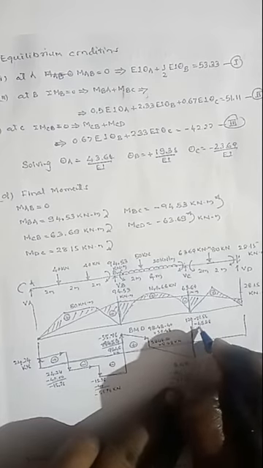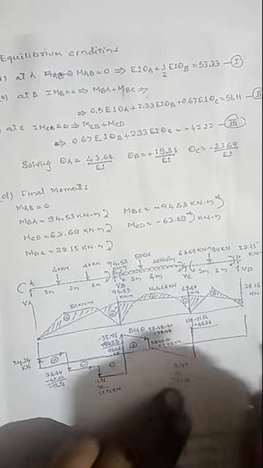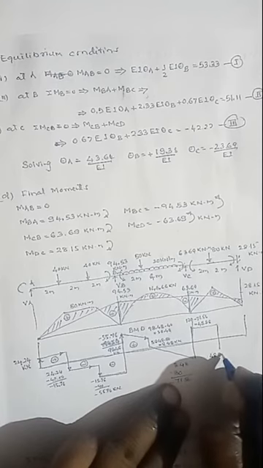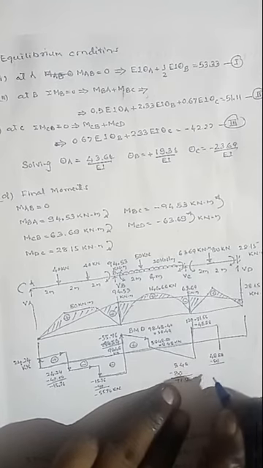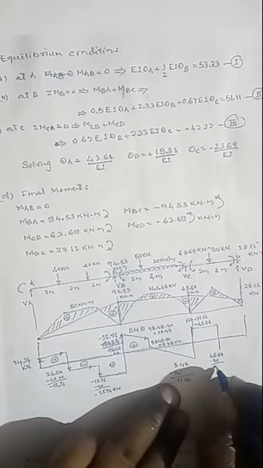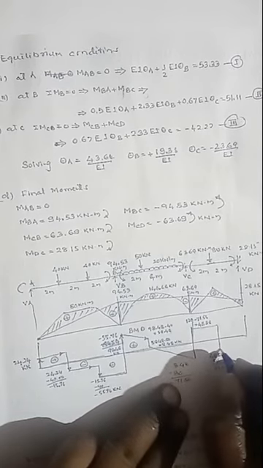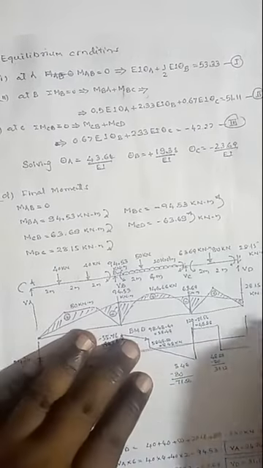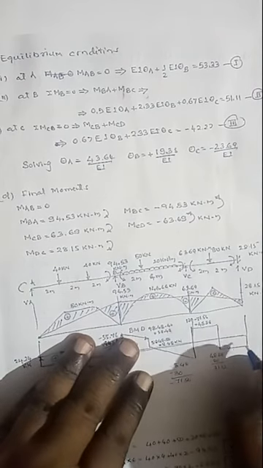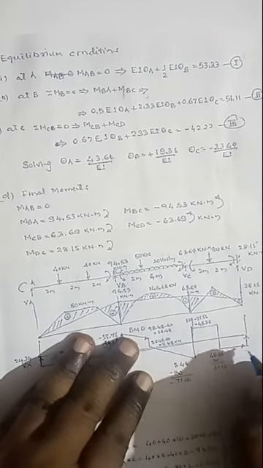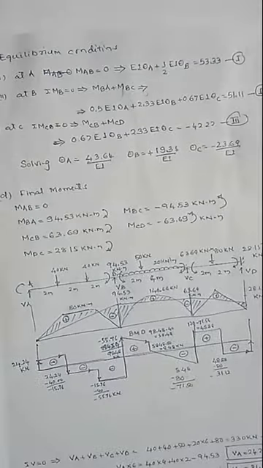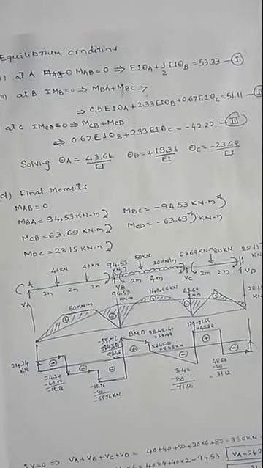There are no loads in between, and again there is a point load of 80. 48.88 minus 80 becomes 31.12, that is negative. Then it remains constant from this point to this point. Here the support reaction of 31.12 kilonewton brings it to 0. Here these are the shear force values at various points in the shear force diagram.